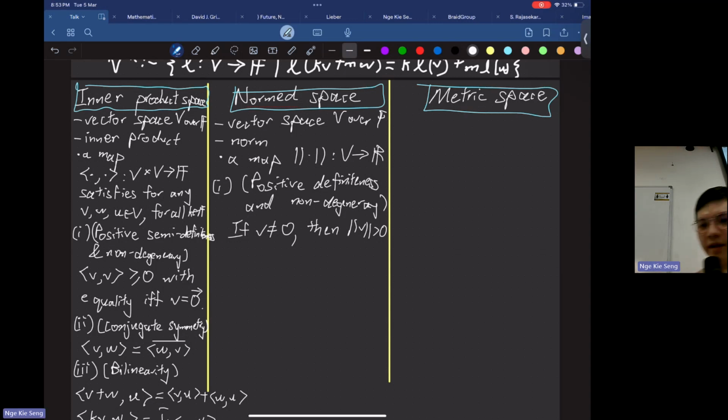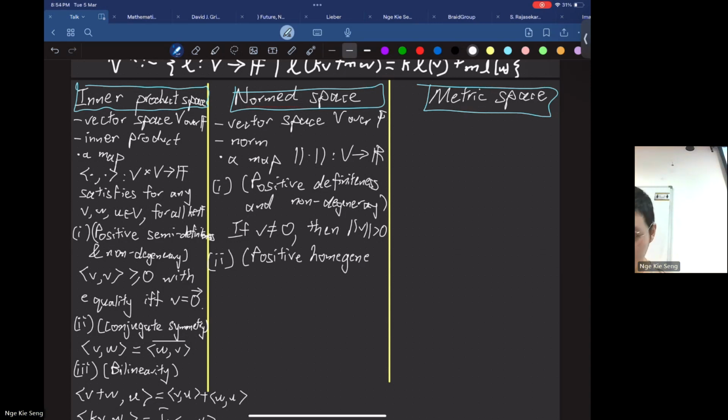Okay, norm. So first, positive and non-degeneracy. If the norm of something is zero, that means that vector has to be zero. The contrapositive of this: if you found that the norm of some vector is zero, then that vector has to be zero. Second is what we call the positive